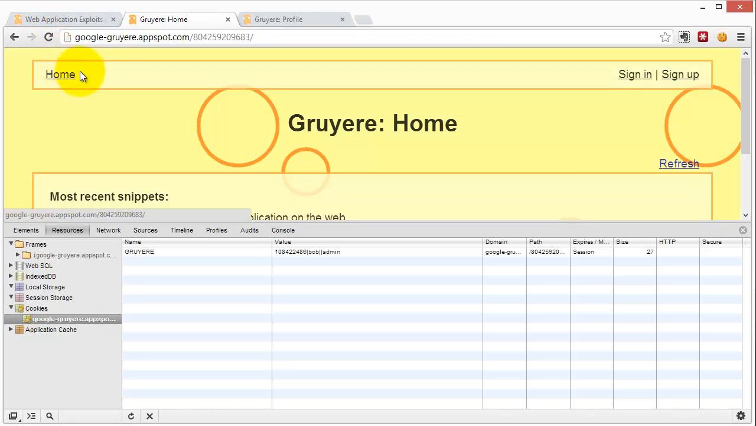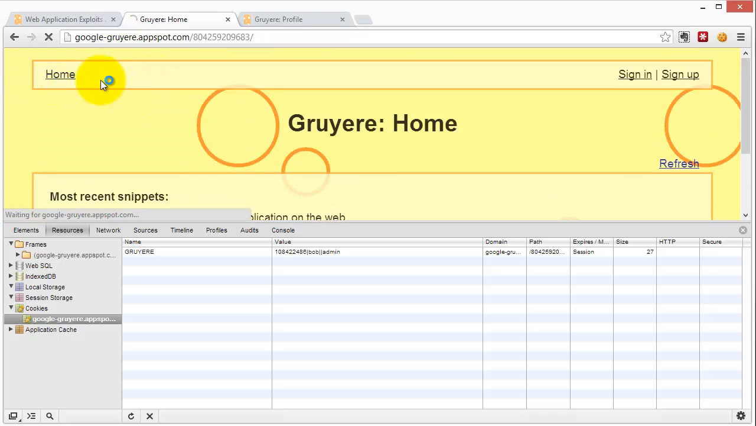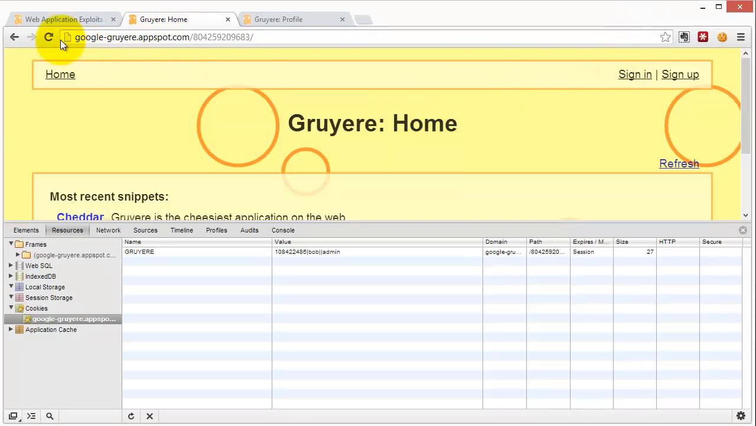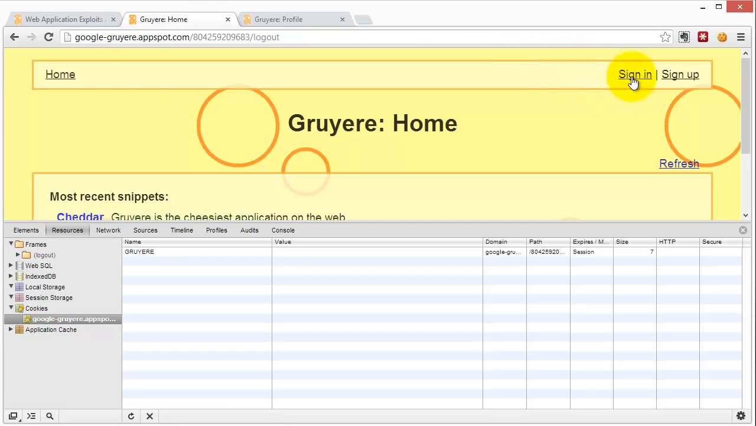Do a refresh. Yep, that didn't work in terms of the home. So let's change that back to author. Now clearly I haven't understood the technicality behind this. I'm messing about. I don't really know how this system works. So let's make sure that we're still logged in. So I'm going to sign out, then sign back in again